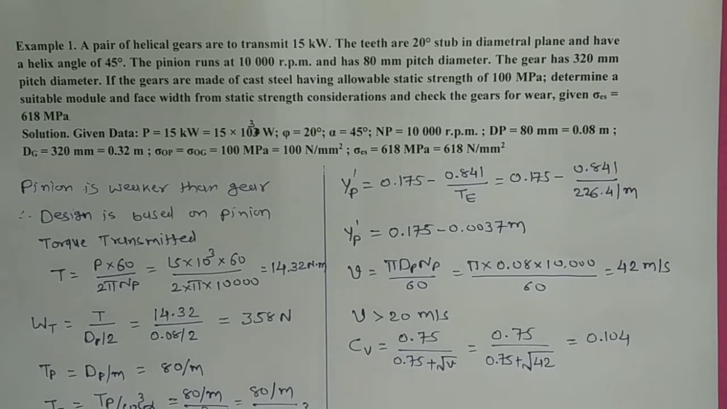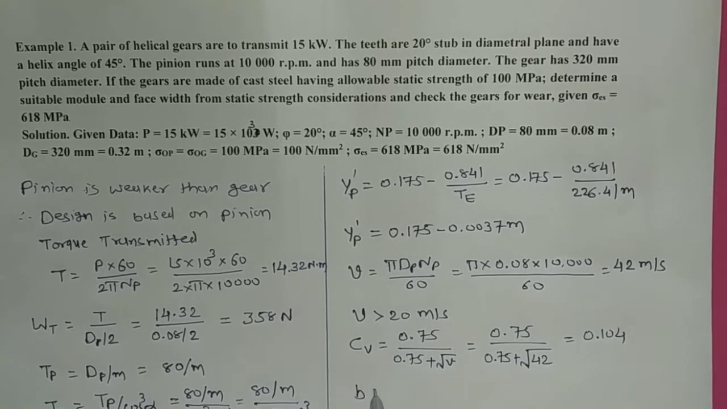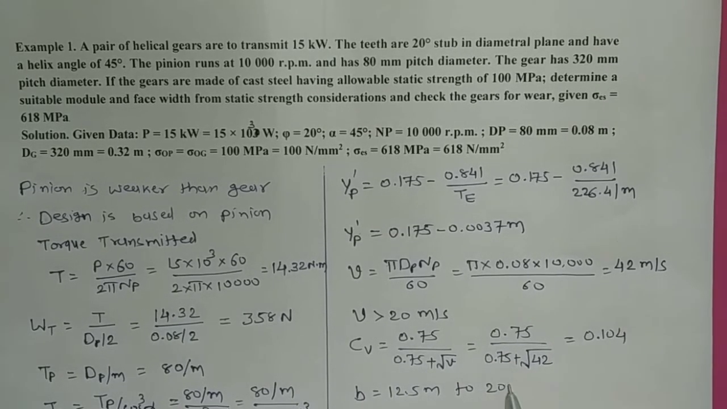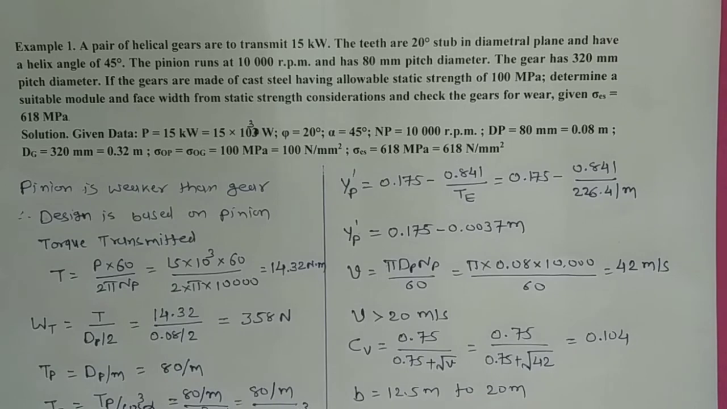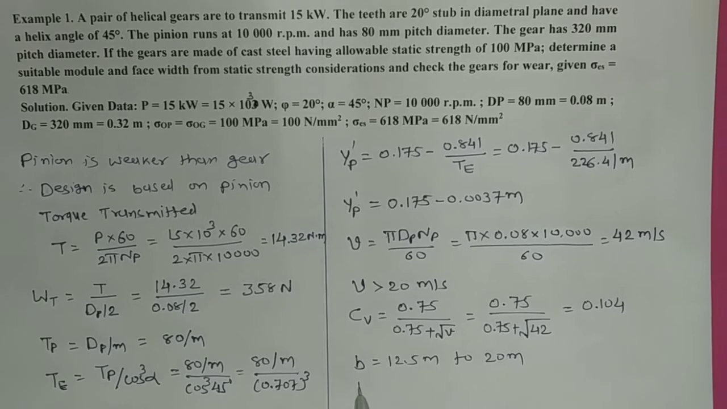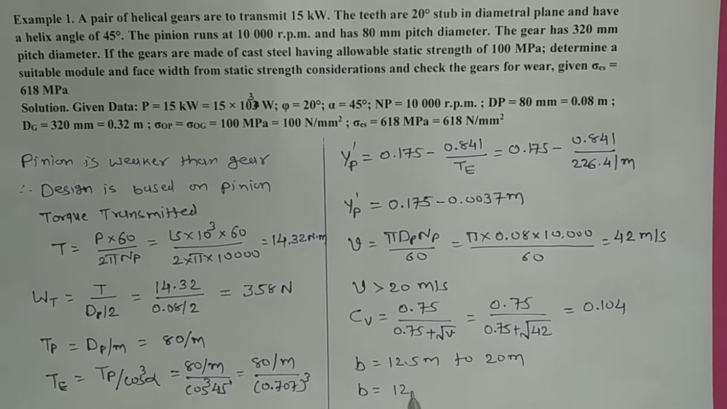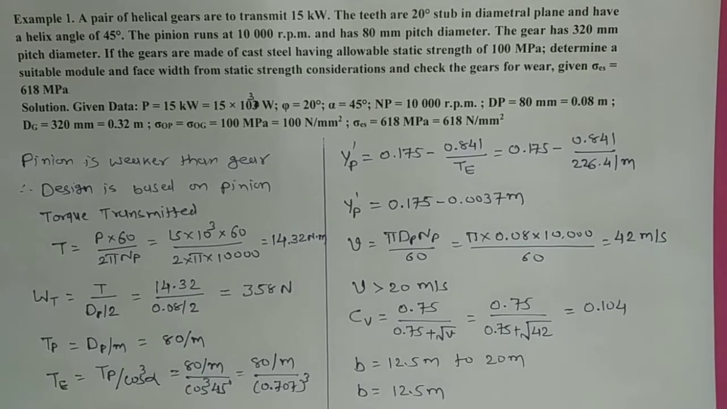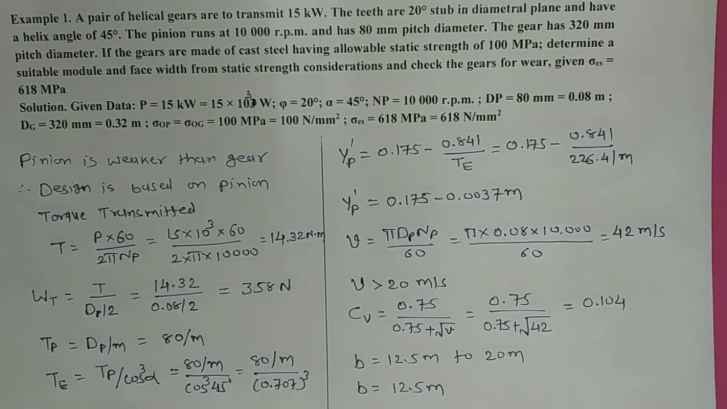Now, the maximum face width B for the helical gear may be taken as 12.5 m to 20 m. Generally, the value of B is equal to 12.5 m to 20 m. Here, in this case, let us consider B is equal to 12.5 m. Now put this value in the tangential